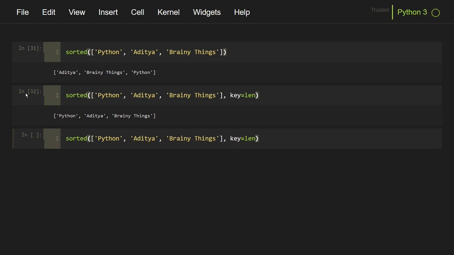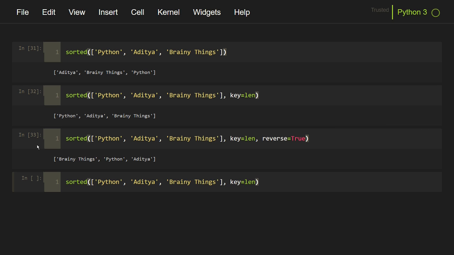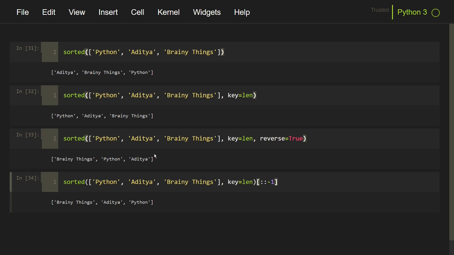This function also takes one more optional parameter, which is reverse. If we pass a true value to this reverse parameter, it will reverse the comparison criteria. Note that this is not equivalent to calling sorted and then reversing the final list. These two lists will be different in the cases of a tie.